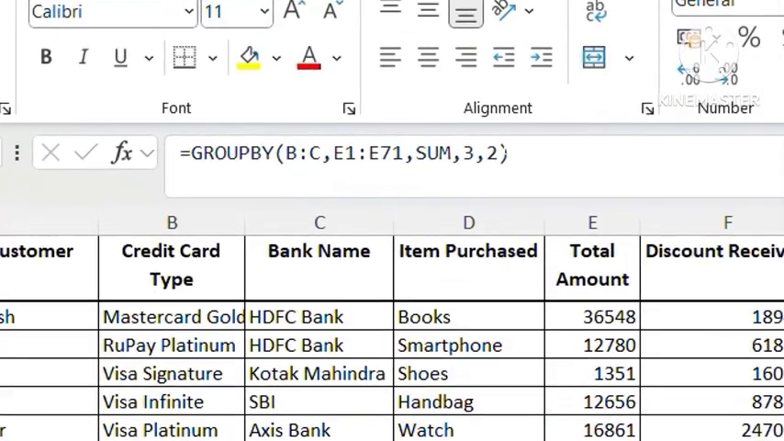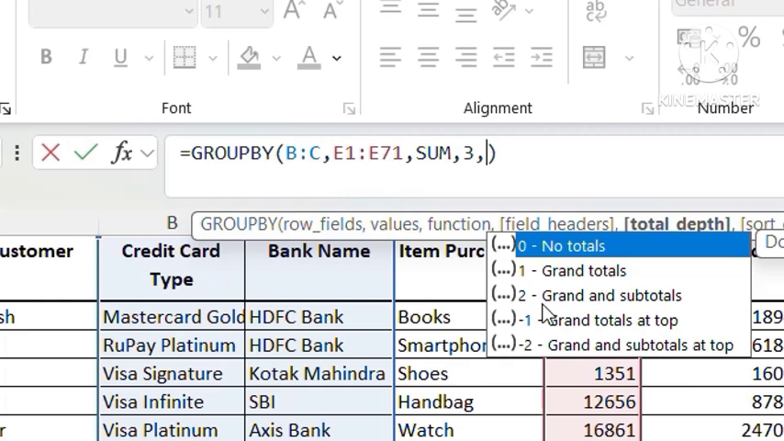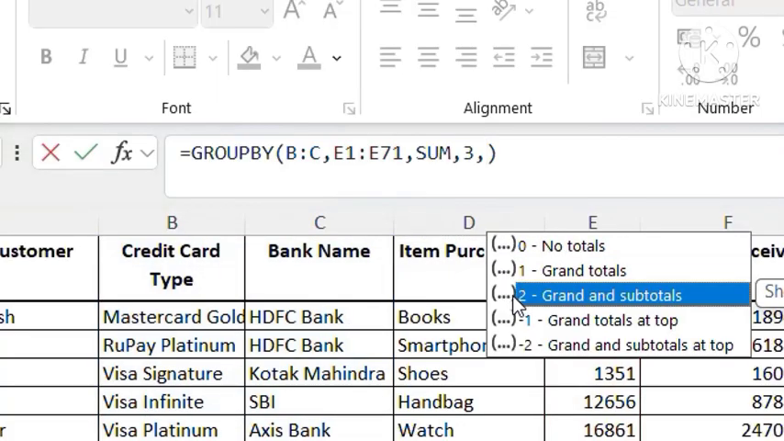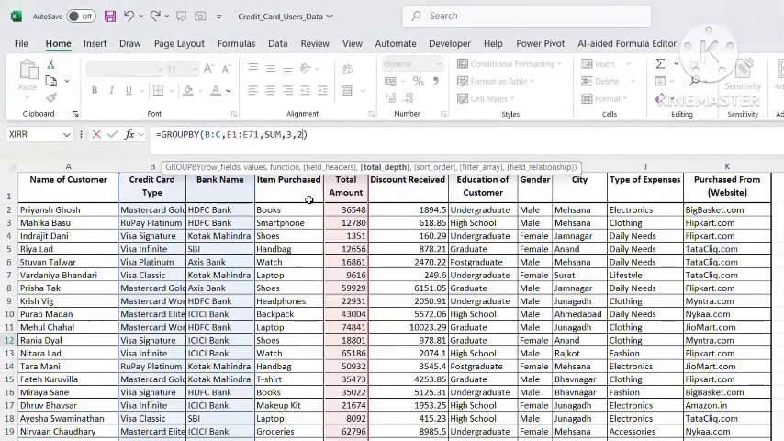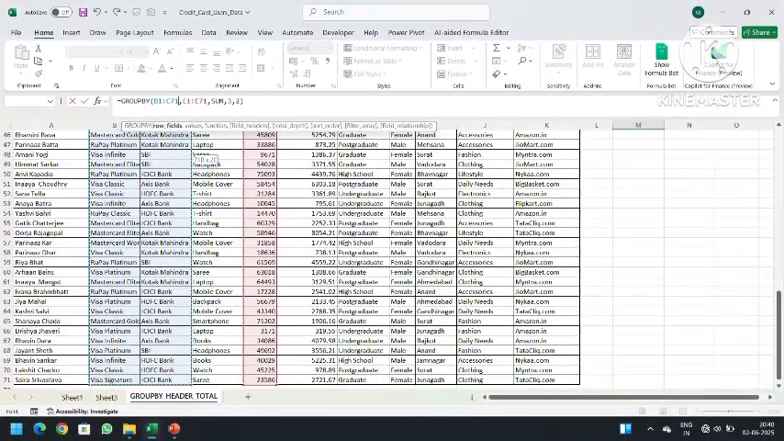So let me show you this formula again. This formula is the original one, that is group by selecting two variables, then comma, then we select sum, then comma, we select 3 to have headings, and then one more comma, and you can select grand totals and subtotals. So when you select 2, the formula is ready. The formula will give you grand totals and subtotals. And let me again select my main variables for grand total and subtotal. So my main variables are, one is bank name and one is credit card. So I'm just again selecting this, that is credit card type and bank name. Now when you press enter,